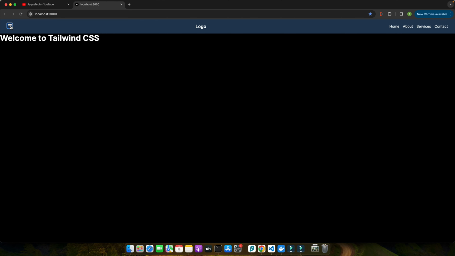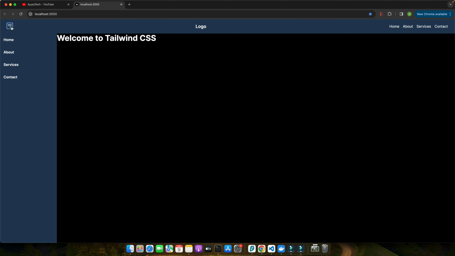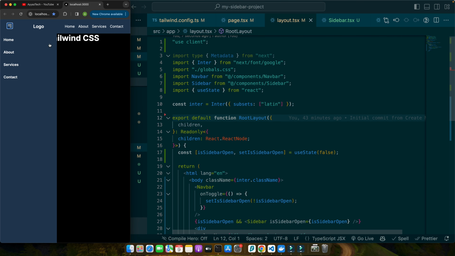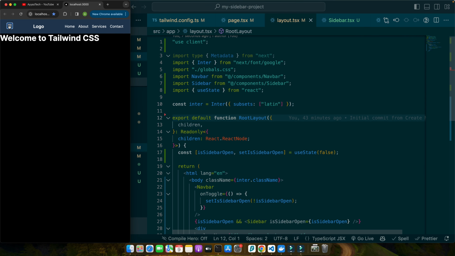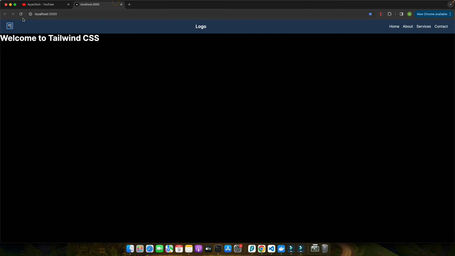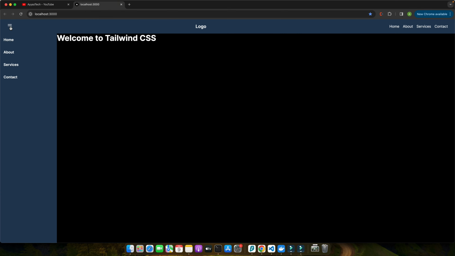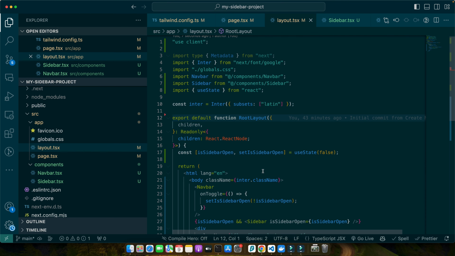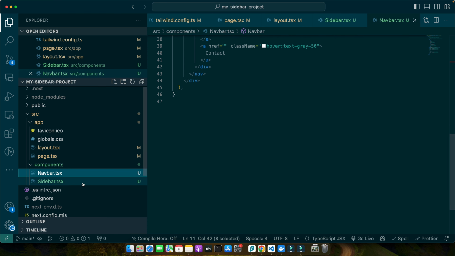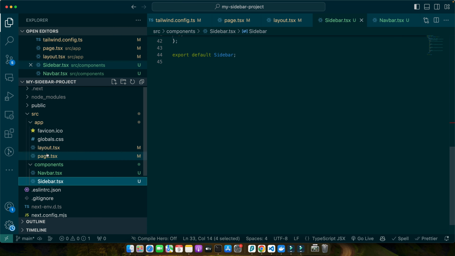The importance of efficient navigation cannot be overstated. It's the backbone of user experience, guiding visitors through your digital world seamlessly. Imagine a sidebar that not only enhances this experience but also elevates your site's organization and design. That's exactly what we are diving into today, the art of crafting a dynamic and responsive sidebar in Next.js applications